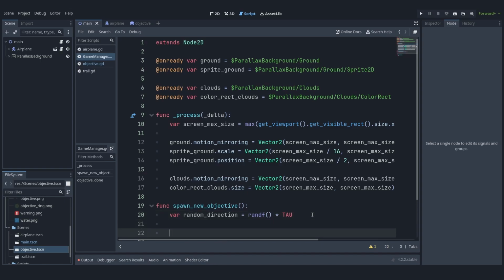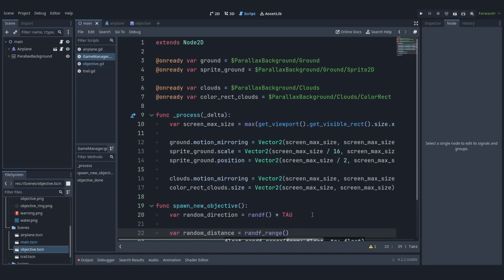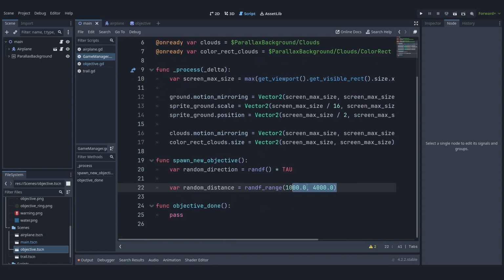So here, another variable, which will be random_distance, and it will be equal to round(randf_range(1000, 4000)). This is likely the best range, what I like to use, so that's what I'm gonna use. And another variable we are going to need is offset, which will be equal to